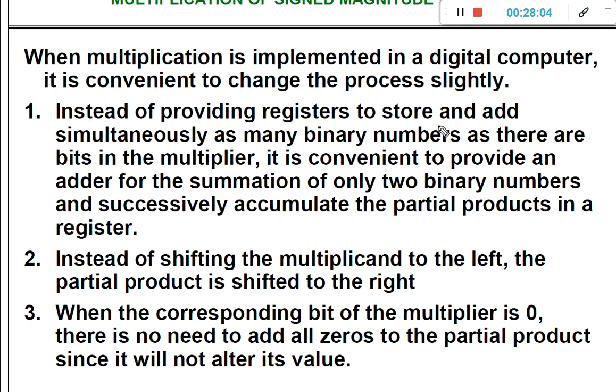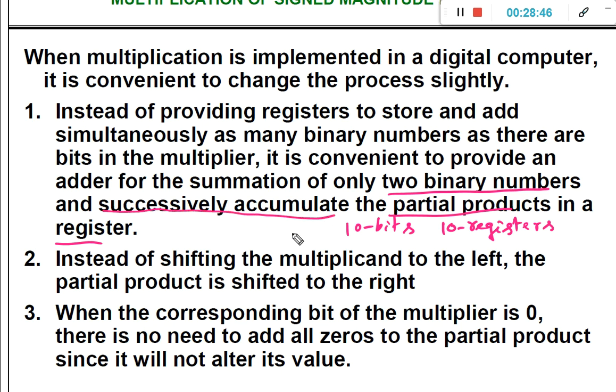Instead of providing registers to store and add simultaneously as many binary numbers as there are bits in the multiplier, for example, if there are 10 bits in the multiplier, then in the original process we need 10 registers to store intermediate results. However, without doing that, it is convenient to provide an adder for the summation of only two binary numbers and successively accumulate the partial products in a register.